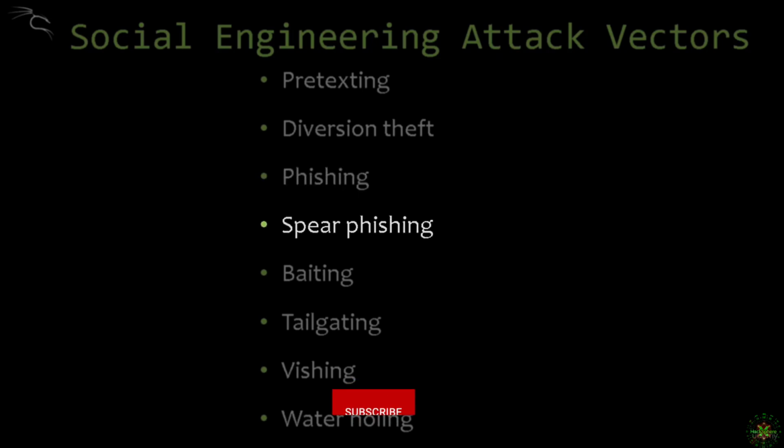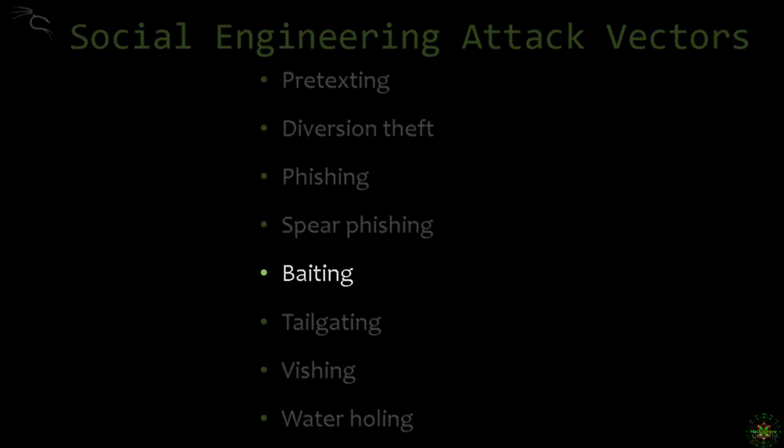Spear phishing is the same as phishing, but it's actually targeting a specific group, and the rate of success is higher than phishing, because phishing is targeted towards the masses and has a low rate of success. But in spear phishing, the attacker does more research and attacks a certain group of people so that the probability of a successful attack is increased.